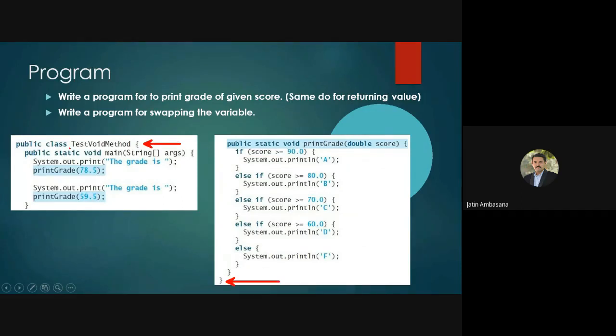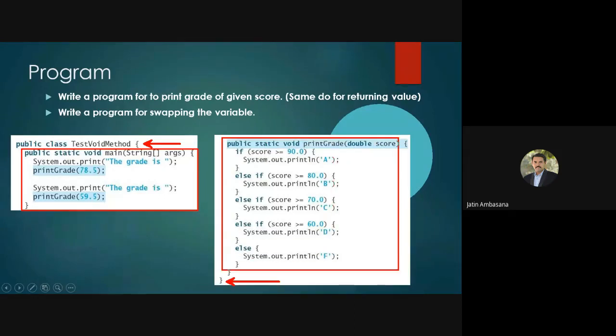What is the class? TestVoidMethod. That's the name of the class, and it has got two methods. Which two methods are there? It has got a main method, and it has also got a print grade method.